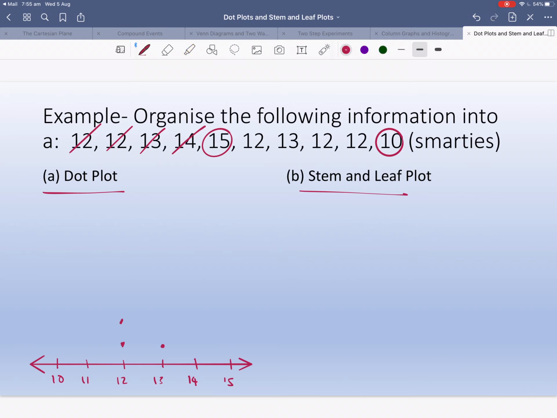So 14, let's put a dot there. I'm trying to keep it at the same level. 15, trying to keep it at the same level. 12, okay, let's go one higher. 13, see how I kept it at the same level as the previous one there. 12, 12, 10. Okay. Now with this information, there's a lot that I can see, like what was the most common